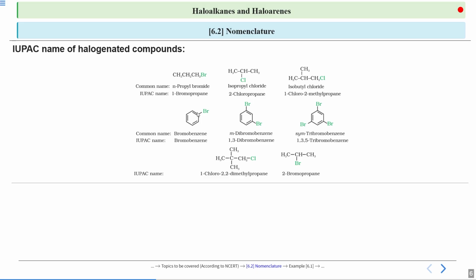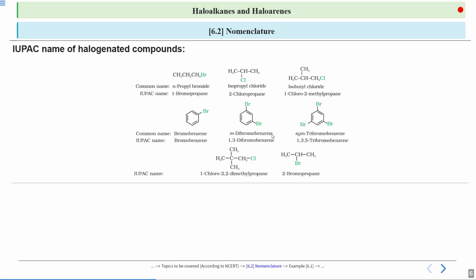Now if we talk about this, you can say aryl halides. The common name for this, when bromine is directly attached to the benzene ring, is bromobenzene, and the IUPAC name will also be the same, that is bromobenzene. Okay. For the second structure, we have 2 bromines present at different positions. You can say at the first carbon we have bromine, at the third carbon we have bromine, right? So the common name of this is